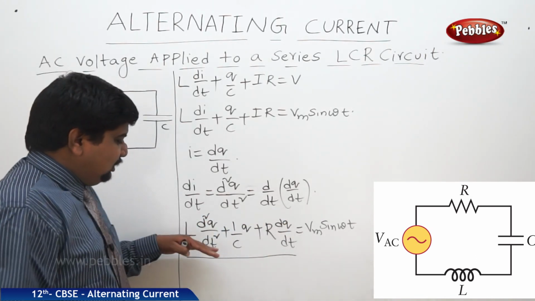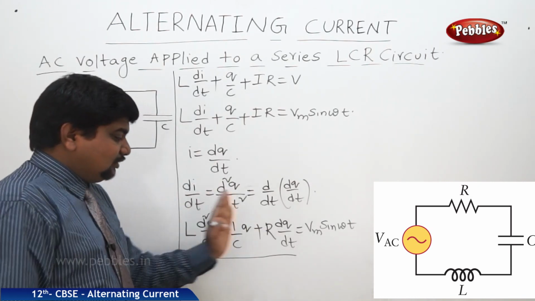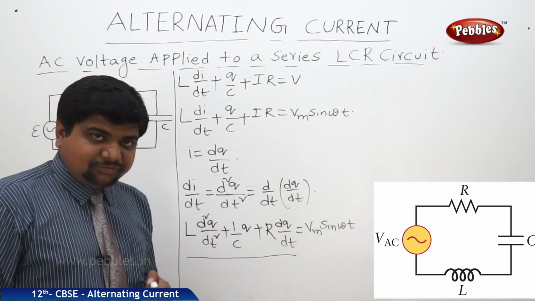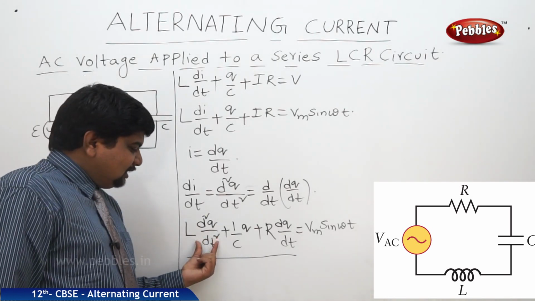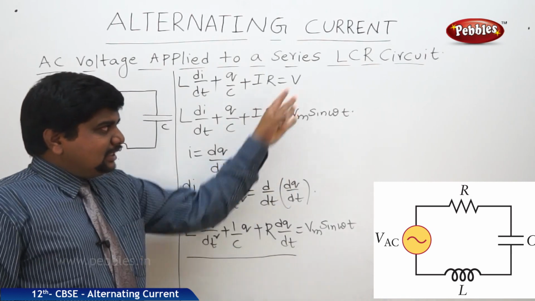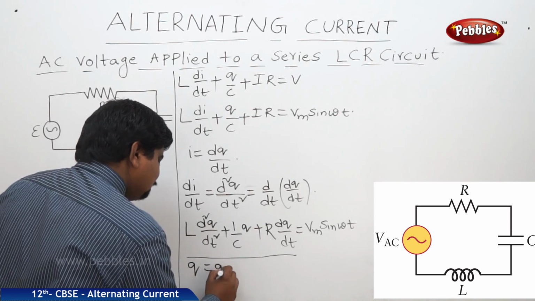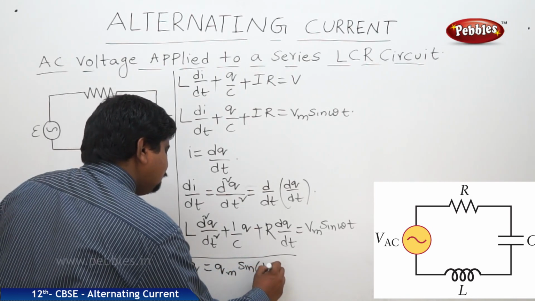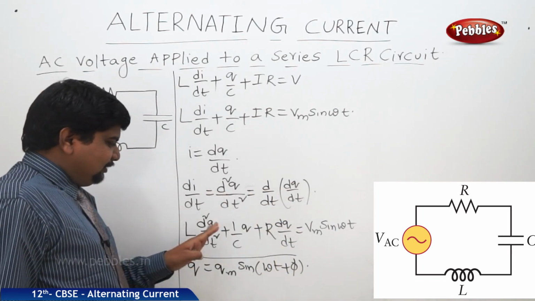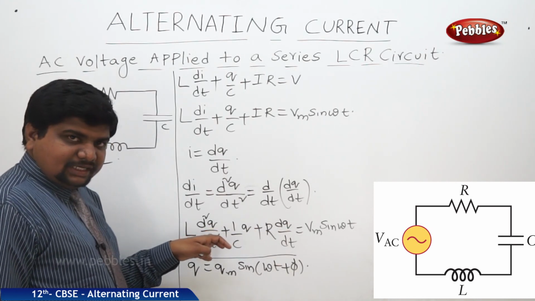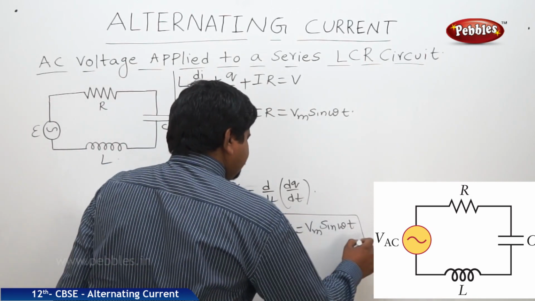It is almost like ax square plus bx plus c, so it is a quadratic, second order equation in terms of q. Now we should find the solution for q, and that solution will be substituted in each and every term. Then we will get an analytical result. For that purpose, I am writing q is equal to qm sin of omega t plus phi. So I am finding dq by dt and d square q by dt square, then we should substitute in the whole equation. Let us call this equation 1.